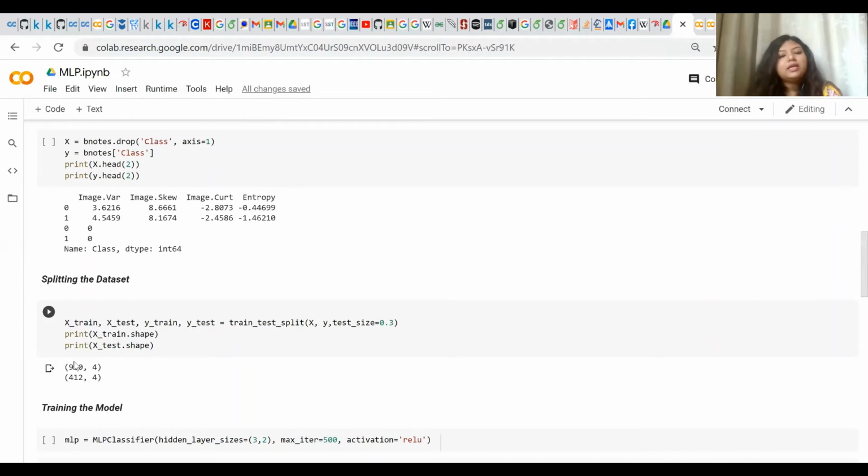Here we can see that the training data set has 960 entries with 4 attributes, and the testing data set has 412 entries and 4 attributes, as we have dropped the class attribute from X.